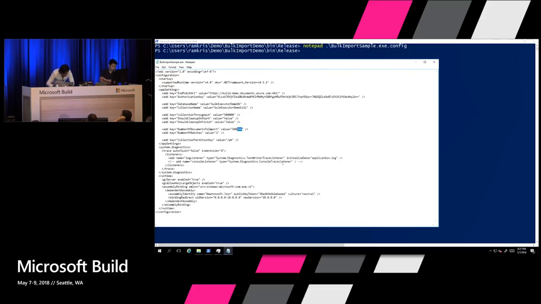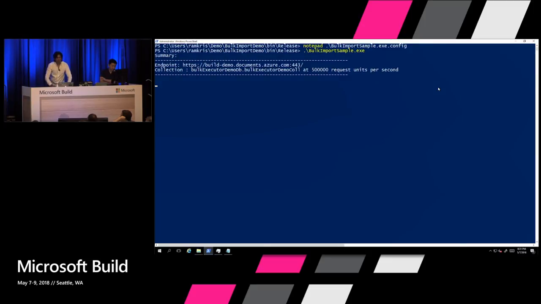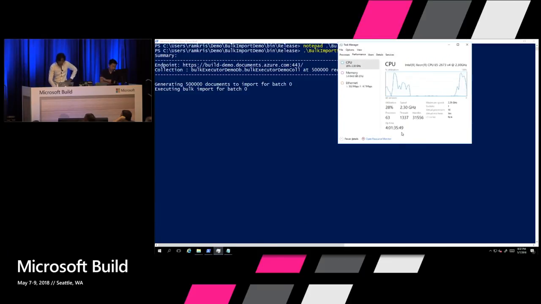And here again, it's trying to import the same 500,000 documents. Let's see. And as you can see here on the client side, it's consuming the